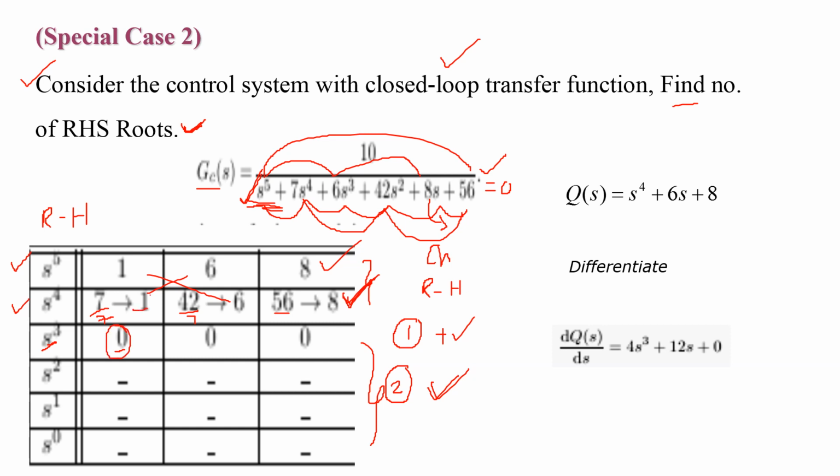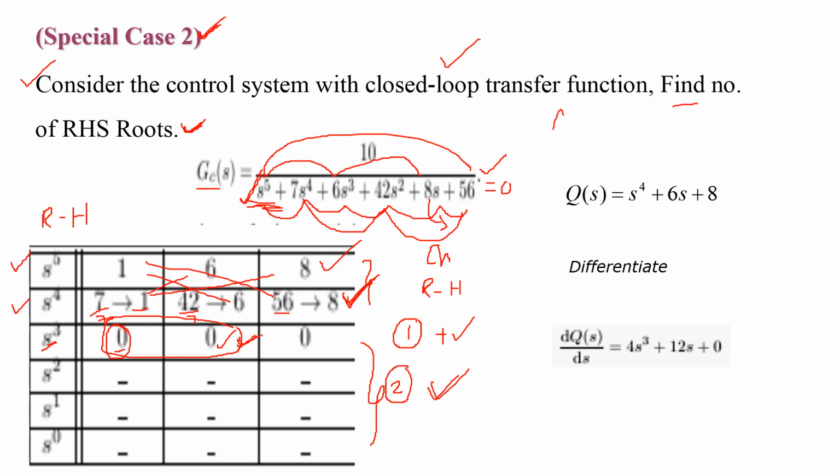Similarly, the second element is 1 into 8 minus 1 into 8 by 1, that is also 0. Here the entire row of the RS table becomes 0. That comes into the second case. If the entire row in the RS table becomes 0, for this condition we have to consider the